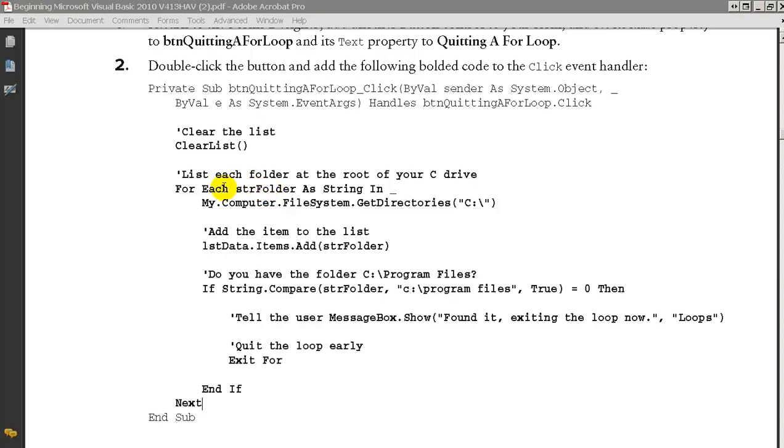So here we have to give it the array, and so we say for each string folder as str folder as string in here. So now we've created the array here, and this is used to represent each individual item in the array. The first item that we find in the array of all the directories is here, and we add it to our list box. And then now we ask a question. If what we've found is equal to this string, in other words, if we found the program files directory,